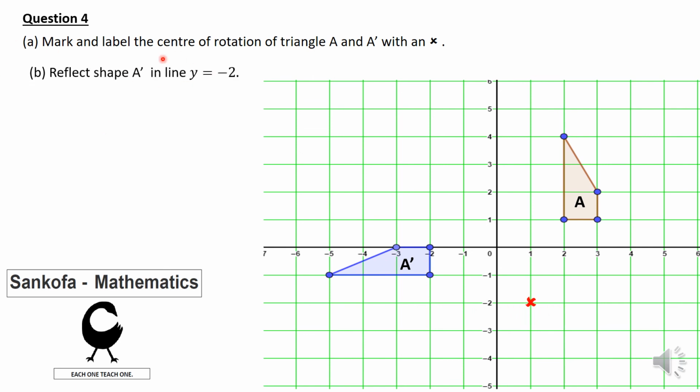Then they're asking you here to reflect this one, the blue one here. So let's bring that line in, y equals -2. So this is our mirror line. Our trapezium, our shape, is going to be exactly the same distance from this mirror line. So something like that. That is how you do this